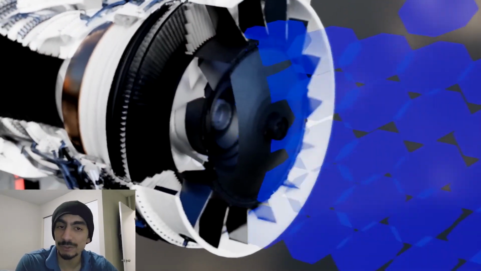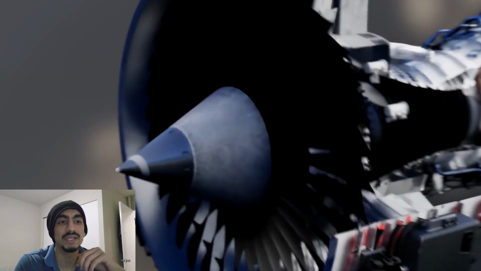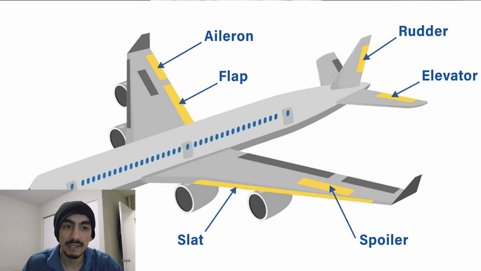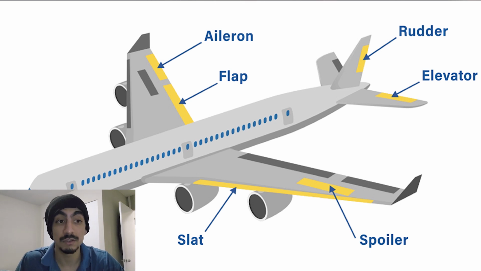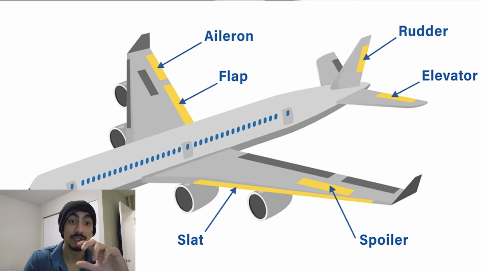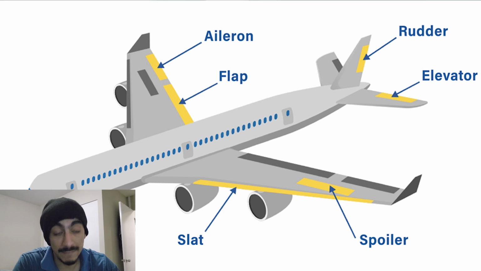And then there's the hydraulic side of things, and basically it's pressurized fluid lines that move critical parts of the airplane, for example the ailerons, the rudder, the elevator, even the landing gear and the flaps. The aileron will help you roll, the rudder will help you yaw, basically turn left and right, and the elevator will control the pitch of the aircraft. And the landing gear and the flaps are also controlled by the hydraulic system.